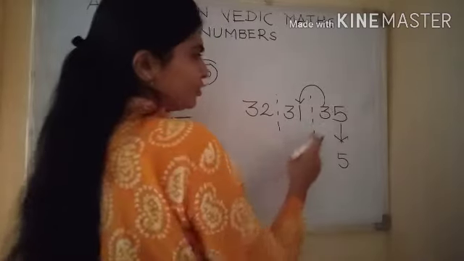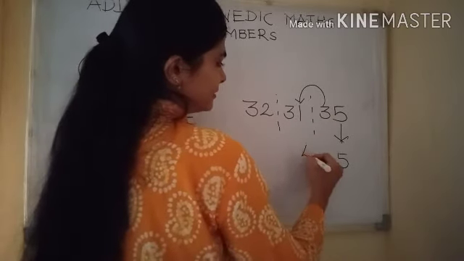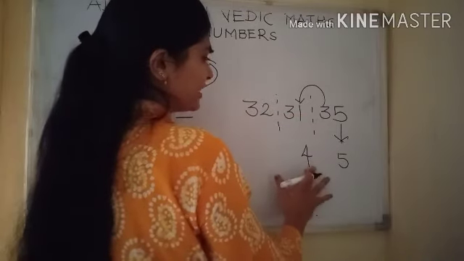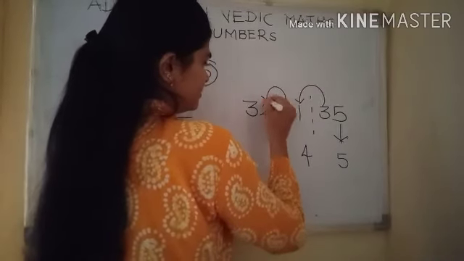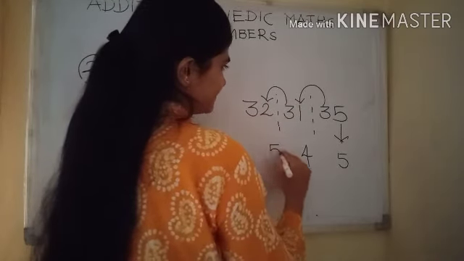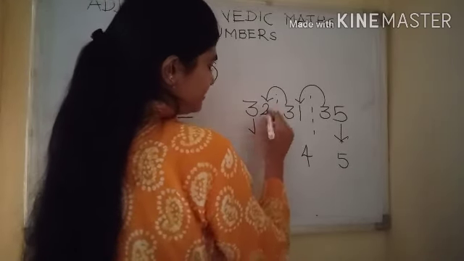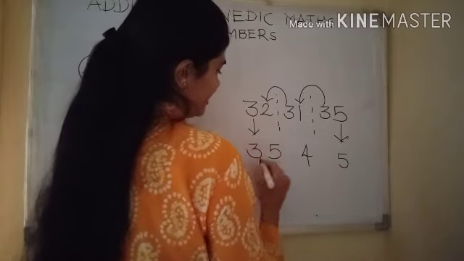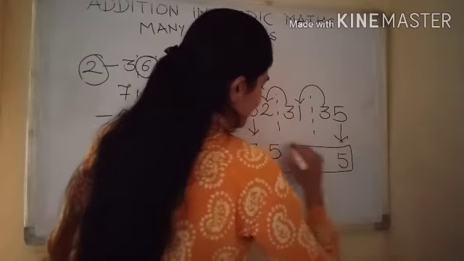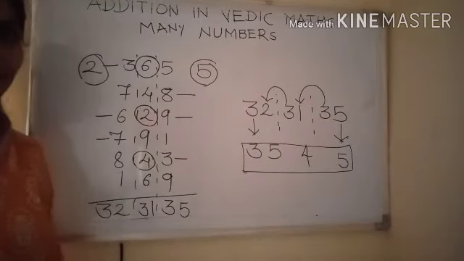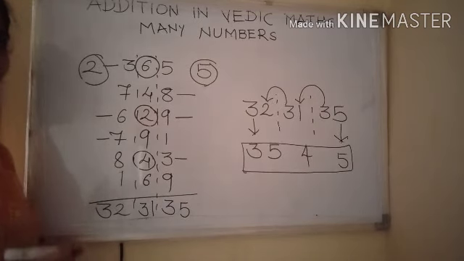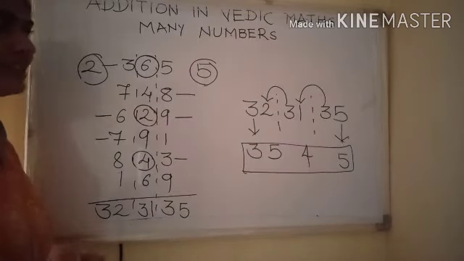This goes with this. 3 and 1, that is 4. Right? That is non-carry combination. So 3 plus 2, that is 5, and it is also non-carry combination. Write down 3 as it is. Your final answer is 3545. As you do practice, you will enjoy it and you will be able to do calculation faster.